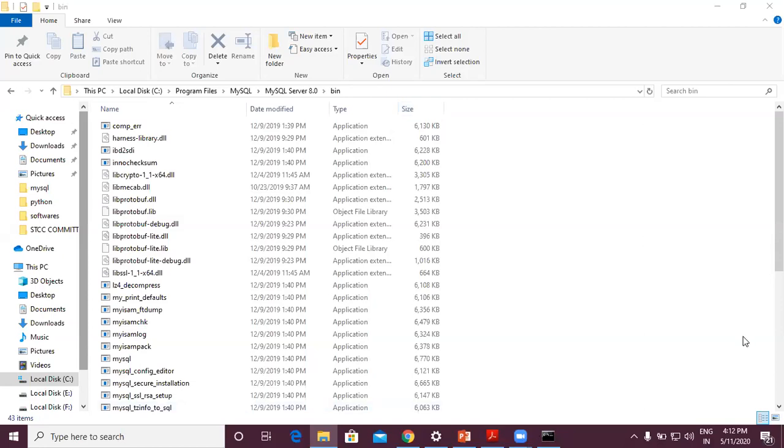Only that is the difference. It is not like I don't know how to set the path, so I cannot work with Java, right? Yes, you can work without setting the path also. You can work with Java. The only thing is you have to go to the bin folder.